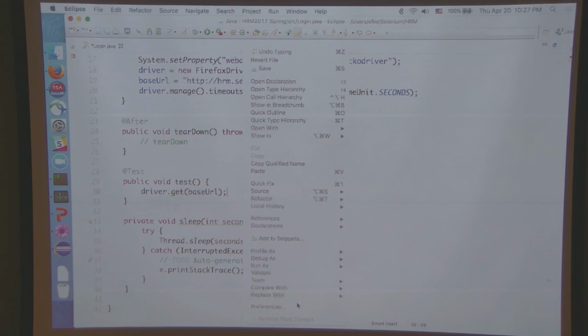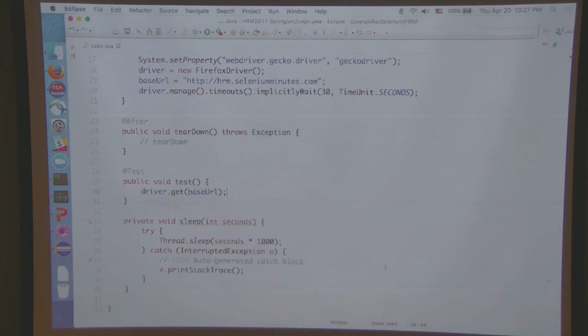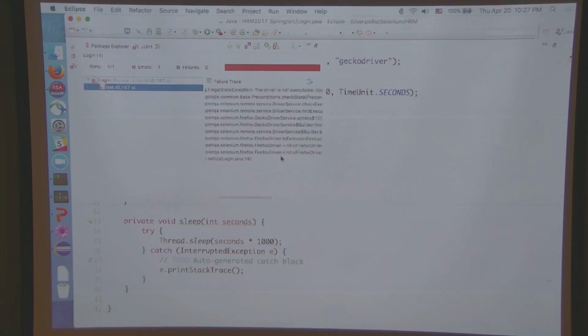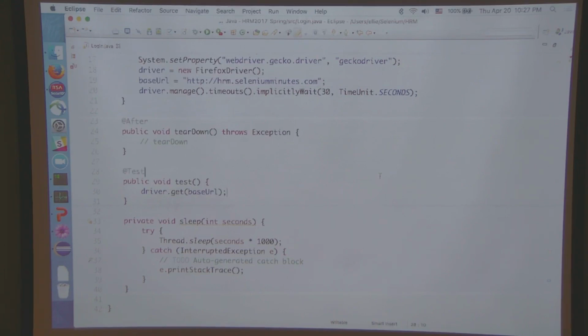So I'm going to right click and say run as JUnit, just like we did before. Whoops. I know how to fix this, so don't worry. Did it work for anybody? Yeah. For some? Those it worked for, are you on the Windows? Yes. So, on the Mac people, they're like, oh, that's okay. Mine didn't work either. Remember what I told you earlier? Do you remember? For some reason on Mac, when we download Gecko driver, it is read-only.